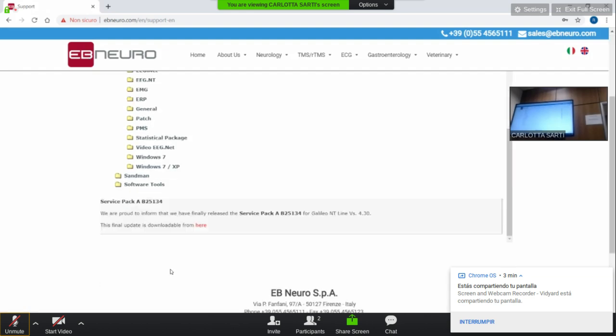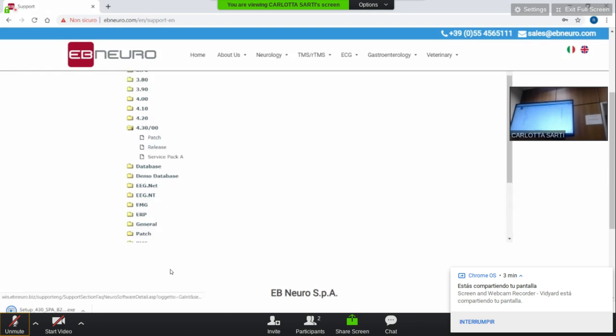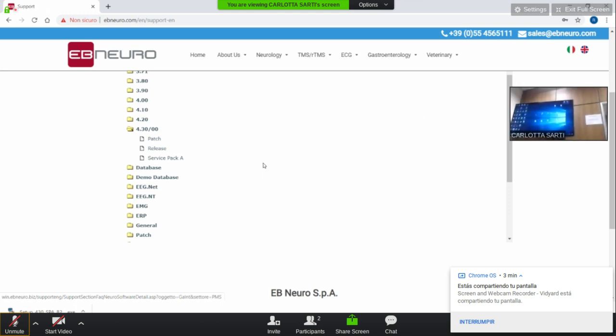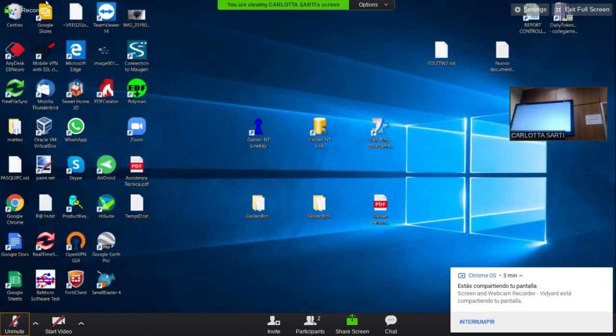The zip file, when you download some zip file from a website, the zip file has a password to unzip. I will repeat that the password is ABN2SFW.